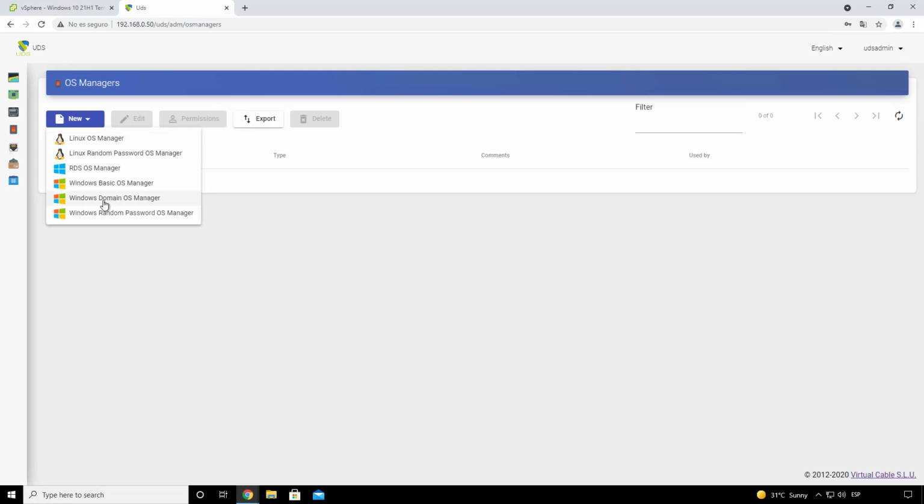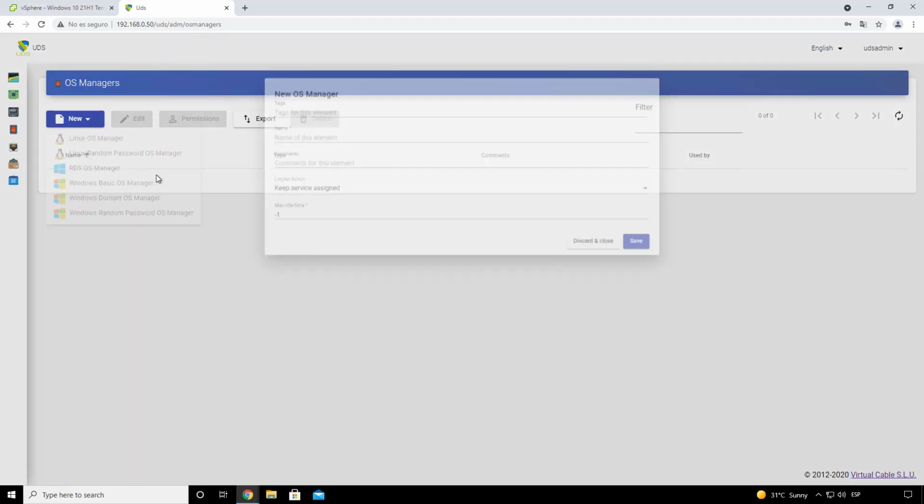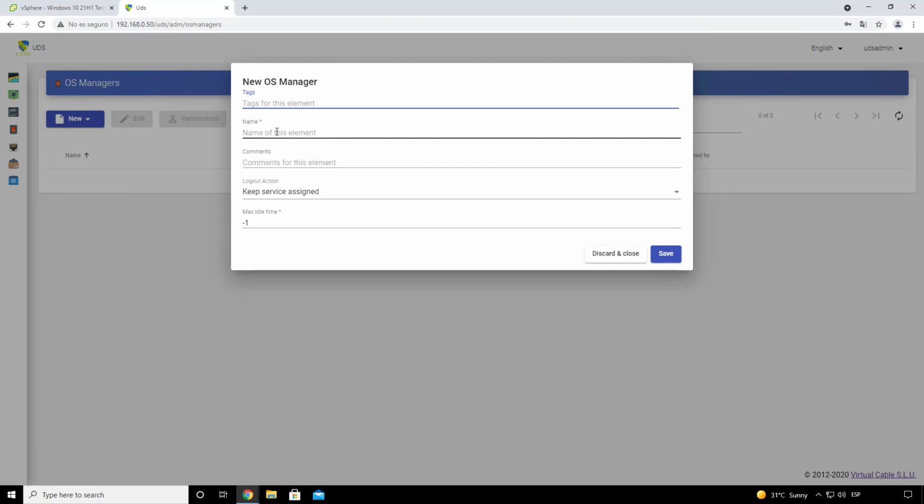So let's click on new. We can choose two right now. We're going to go for the Linux one and the Windows one. So we will use a basic OS manager because our machines are not in our domain. We'll start with the Linux one. Put a name, Linux OS Manager,